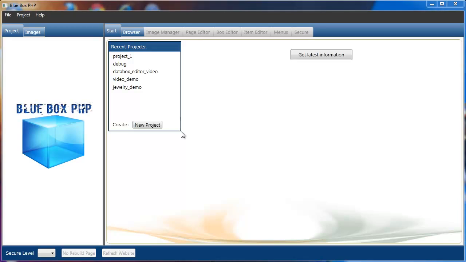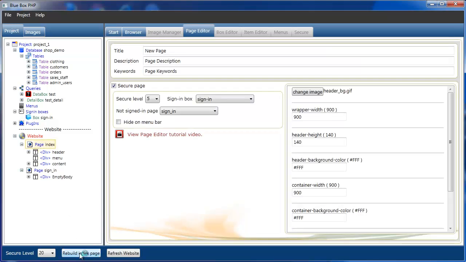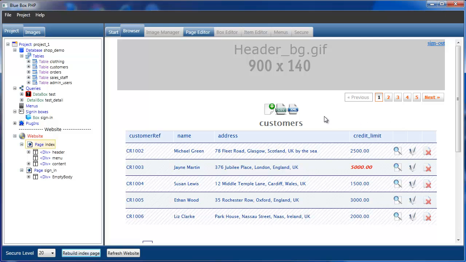In this tutorial we'll be looking at the Databox columns additional CSS settings. So we'll just load a default project and select and rebuild the page. We'll concentrate on the customers table and specifically the address column. We may want to make this field stand out